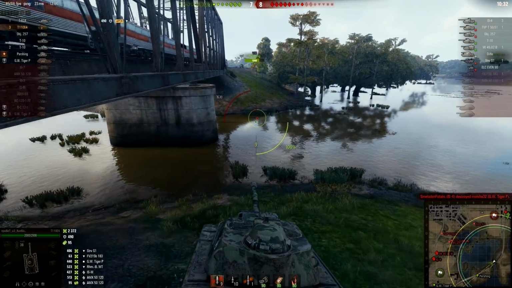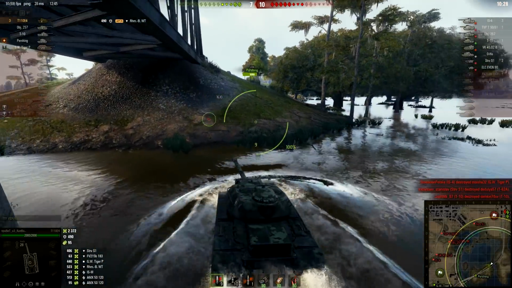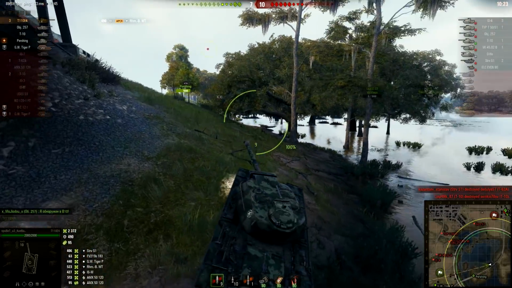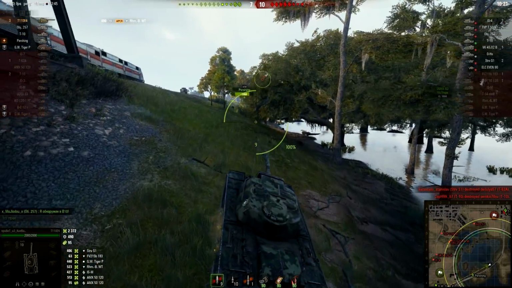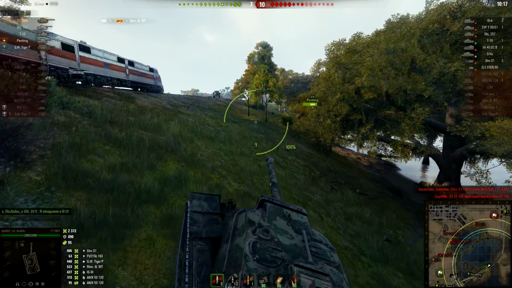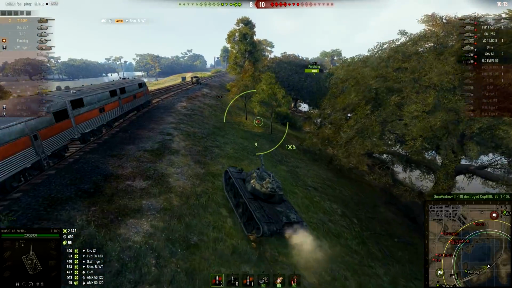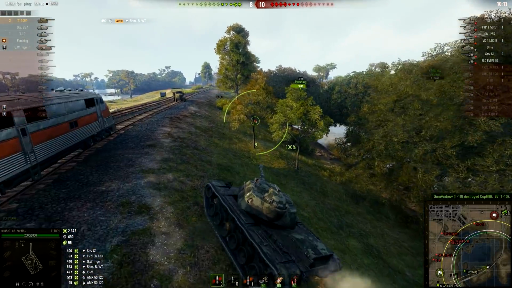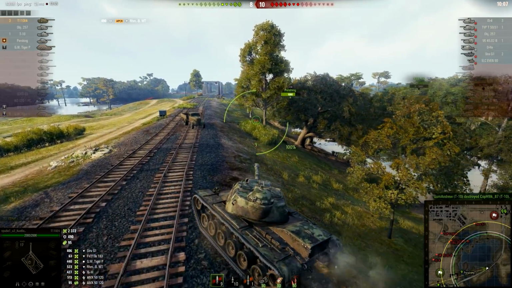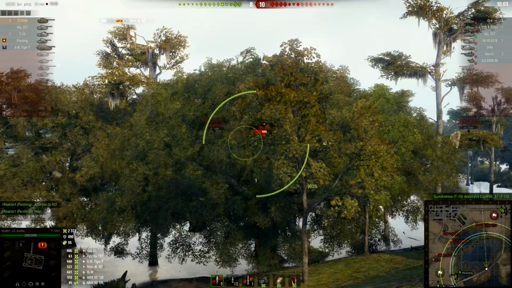So what can we see over there are IS-4, VK-4502B, Object 257, ELC even 90, TVP as well, and we are losing tanks faster than I can count once again. Our artillery went down, one of the artilleries went down, T62A went down, T10 went down. So yes, we have a lot of base defending to do. 3 vehicles together with 1 artillery, so actually 2 tanks and 1 artillery have to defend the capture zone, but